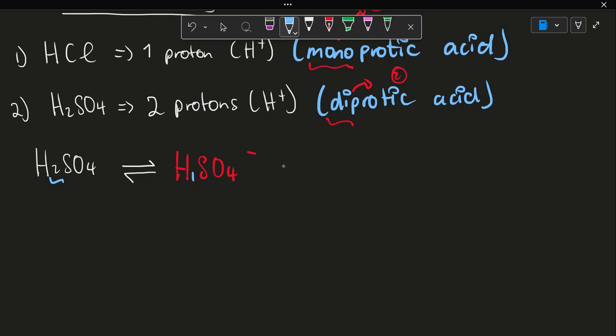Now, I had 2 hydrogens, I lost one, now I only have 1. Where is the other one? It becomes H plus. So I lost an H plus ion. I lost a proton. This is a proton. Great, so I lost a proton. But then you notice something else. This negative sign here, remember there's a 1 right there, just an invisible 1. But that basically just tells me, besides the fact that it's a charge,